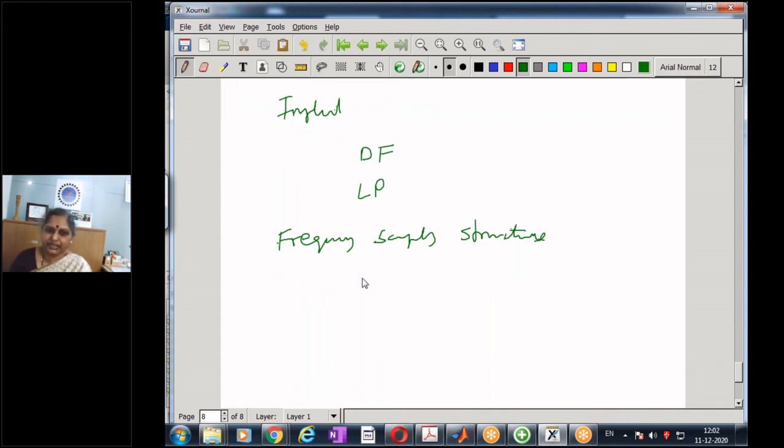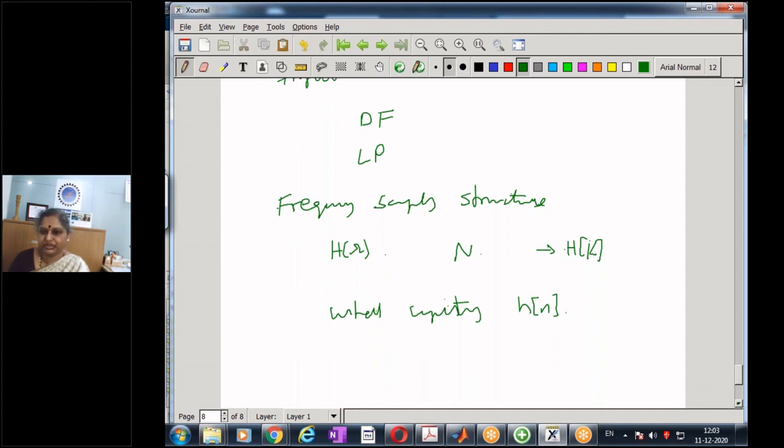So when I have a given frequency response H of omega, and I take N equally spaced samples of H of omega, what I get is H of k. And it's interesting to observe that from H of k, we can directly get the hardware implementation through the frequency sampling structure without computing the impulse response h of n. And that method is known as the frequency sampling structure of implementing the designed filter. So we shall take up how to have a frequency sampling structure for